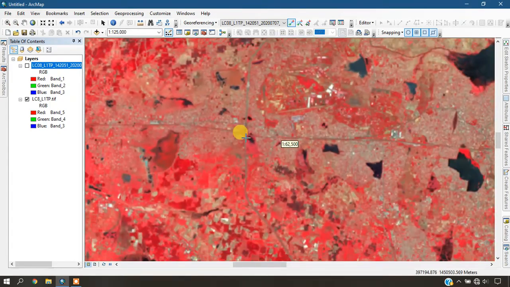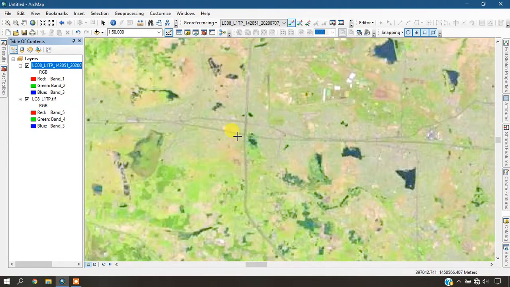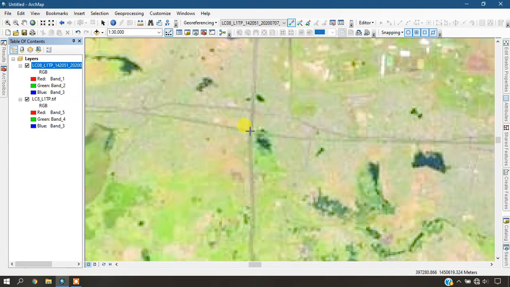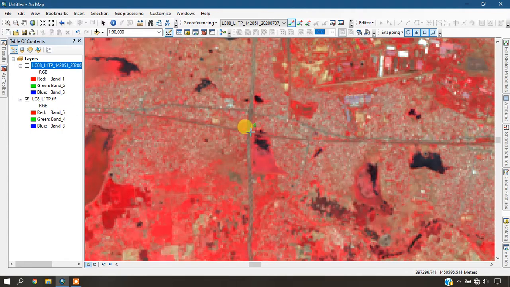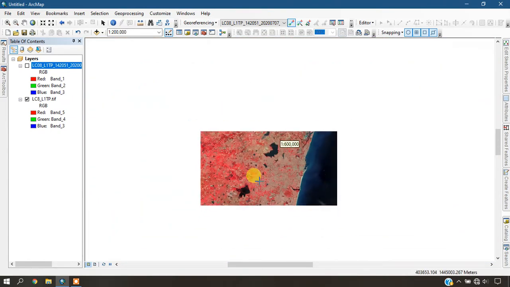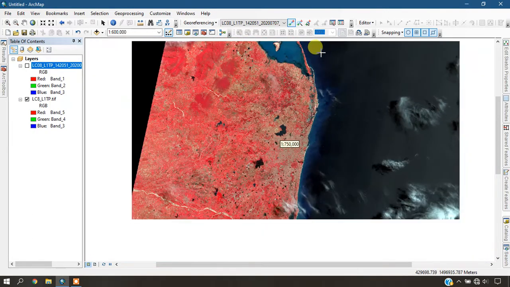Yeah, there is a road intersection here, so enable the image which doesn't have the spatial reference. So click here, once again disable it, and come down to the image which is having the spatial reference and click on there. So we have added around 4 GCPs.